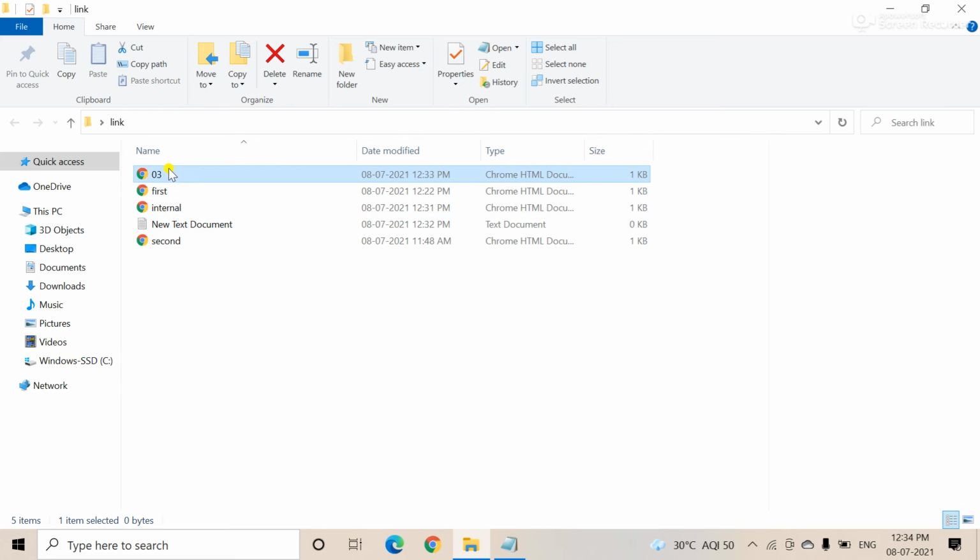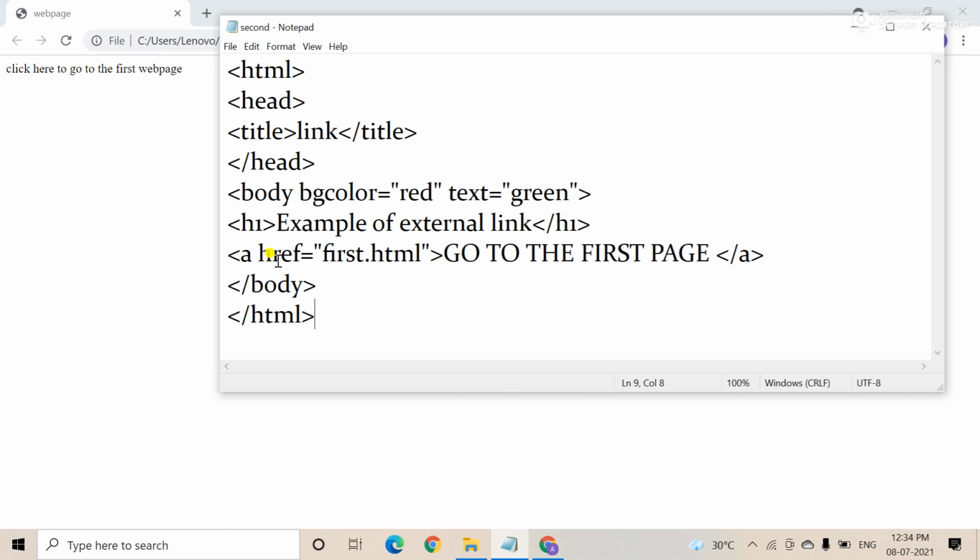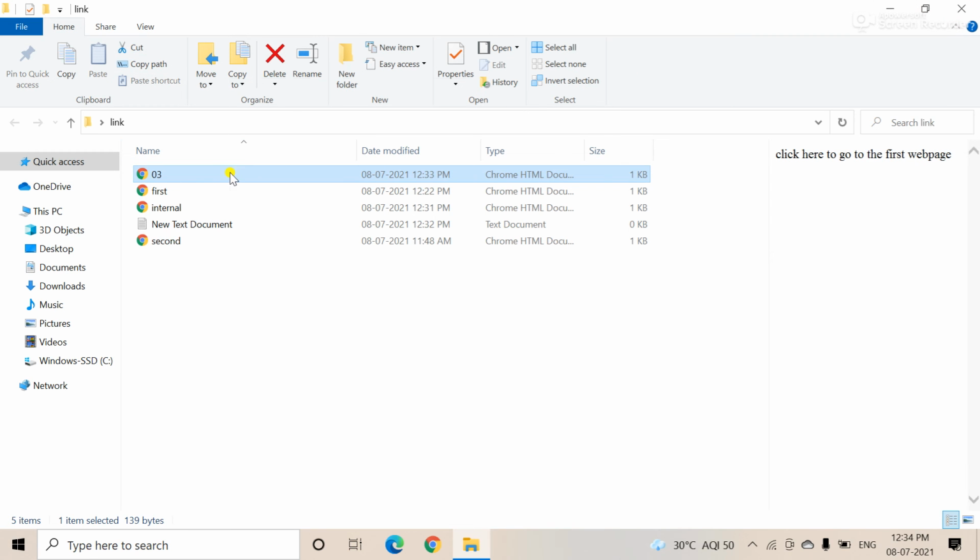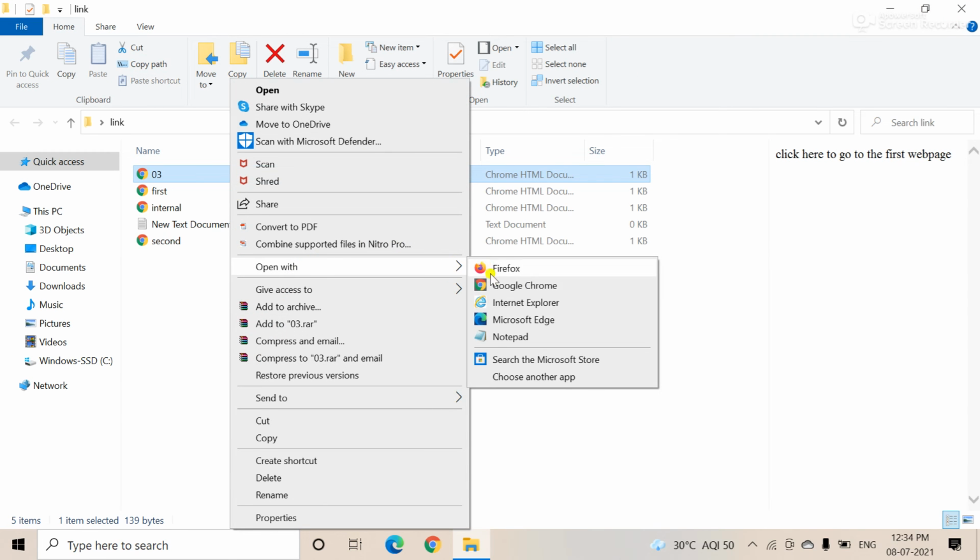Okay, and when you open it, something, mistakes are there. Just wait, and see the third web page. Open with Notepad.